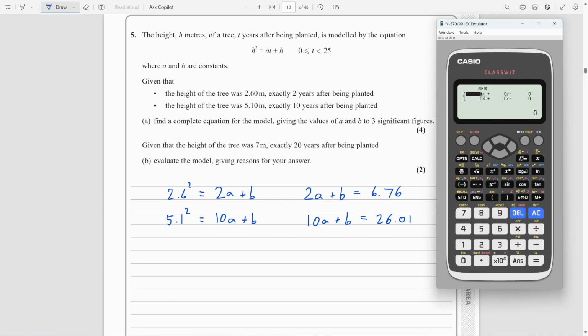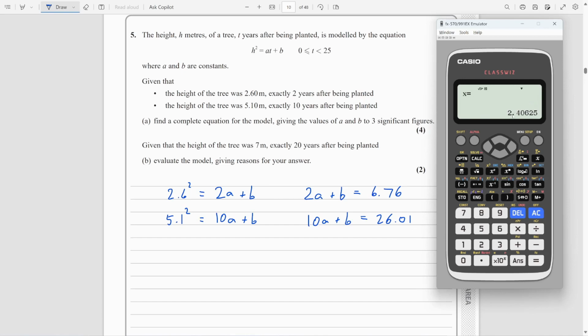Now I can just key it in. They're using x's and y's, but we have a's and b's. That doesn't matter. We'll just bear that in mind. So it's 2a plus 1b equals 6.76, and the next one was 10a plus 1b equals 26.01. Our answer is that our a value, we want 3 significant figures,